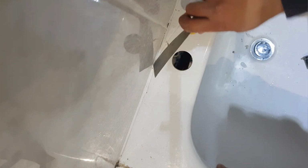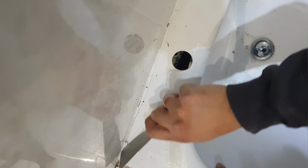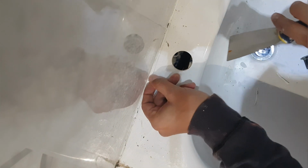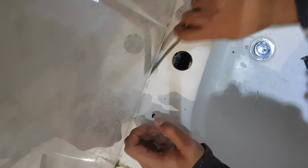It's gone. Perfect. Now it's just a case of a couple of things. Either I can pull it out using just that, or the actual scraper that I have, and just getting underneath it, making sure I get as much of the silicone off as I can, and then just stripping it out. So there we go. And I'm going to keep at it. Just keep doing that